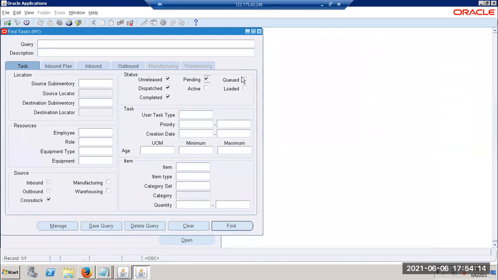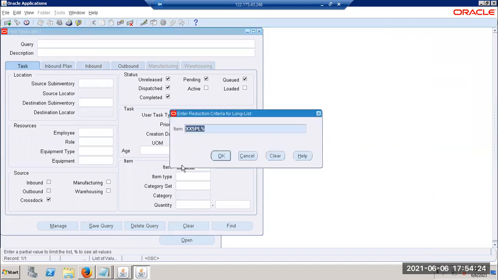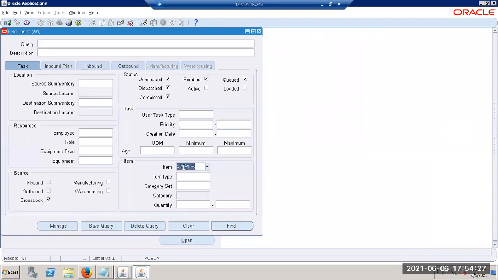Just select your item as well. Select your item on the right side. Just plan. It came here. Because we selected the plan task here, that's the reason we are expecting a task. Click on find.